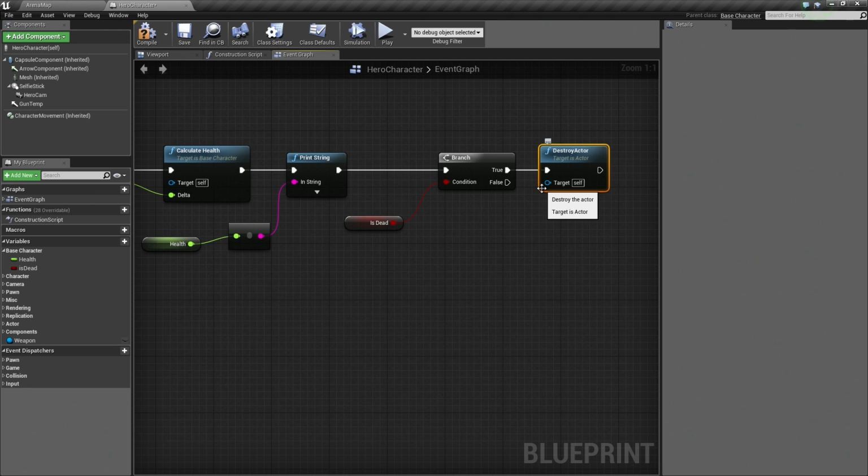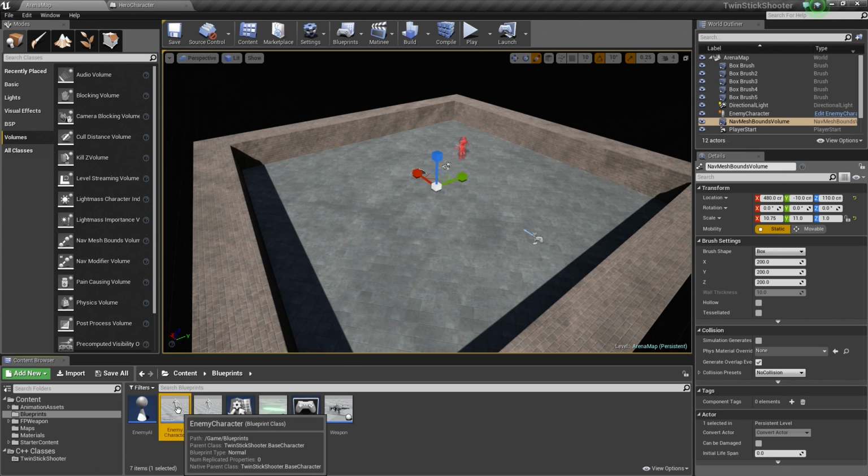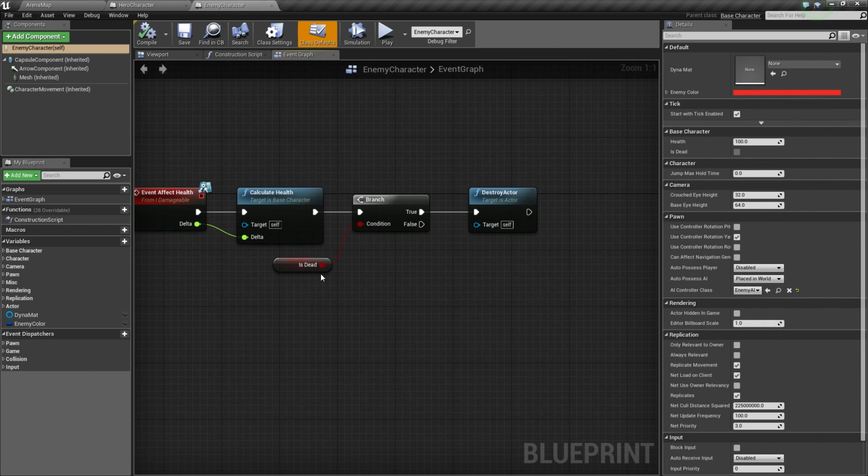Now, I should be clear, we're not going to destroy the player. The player is actually whoever's holding the controller, so that would be kind of awful. We're going to destroy the hero character. Interesting to note, the hero character is our primary pawn. Once we destroy that, the game will be rendered unplayable and weird things will happen, but that's okay for now. This is just for testing purposes. So let's compile and save,